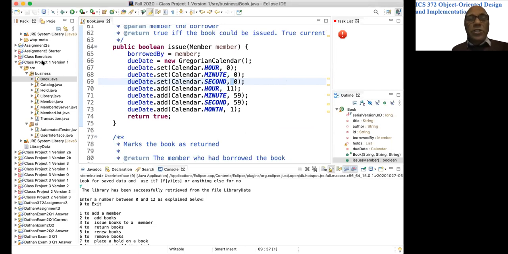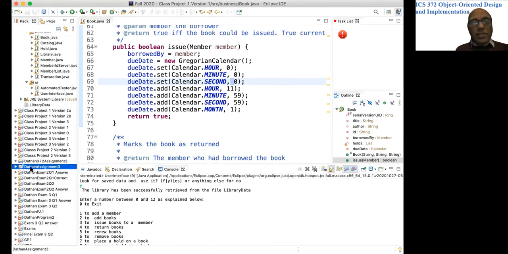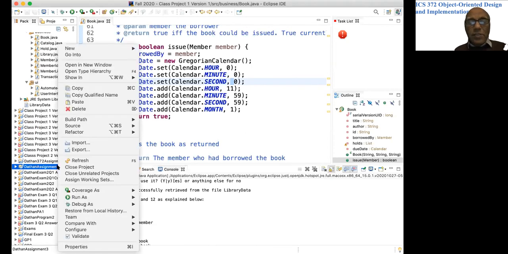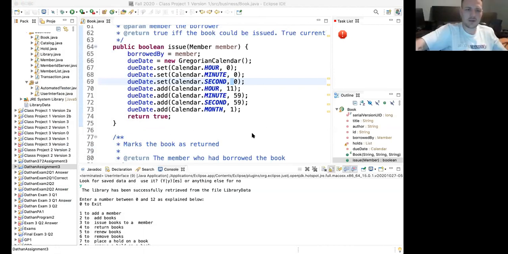And when you turn in a project, make sure that you have names like this: Datan assignment 3, my last name, then assignment 3. Right click this, export, and then click General Archive File, next, and then